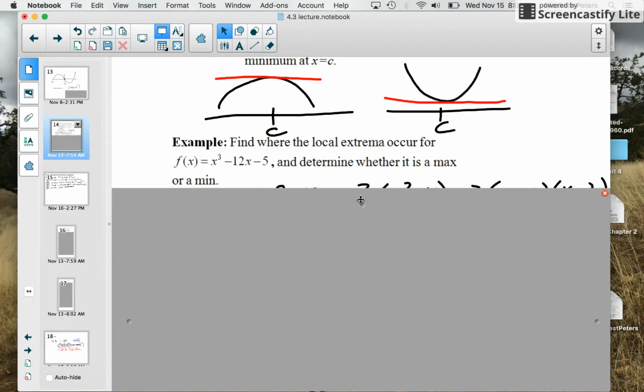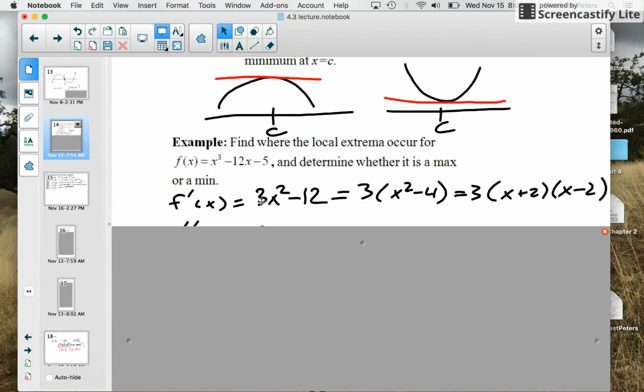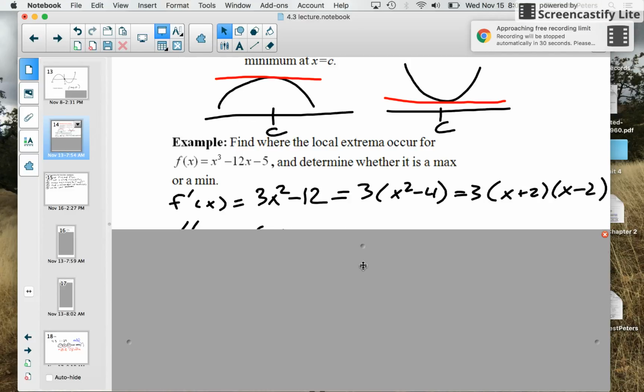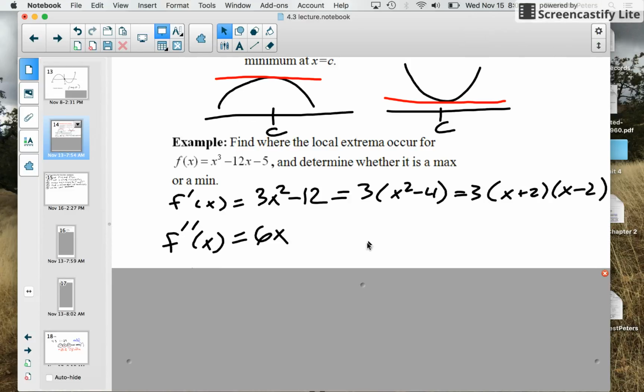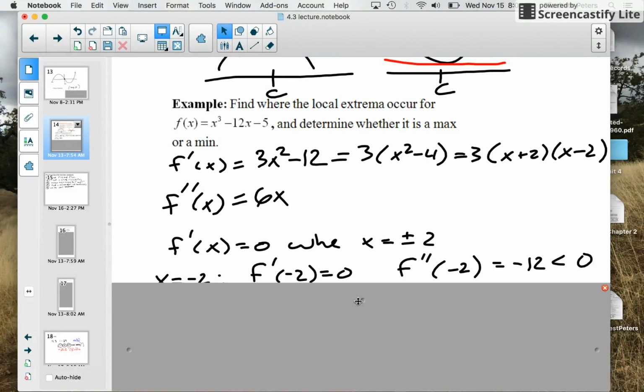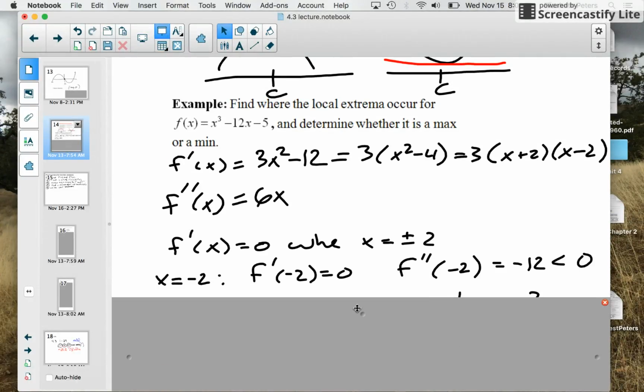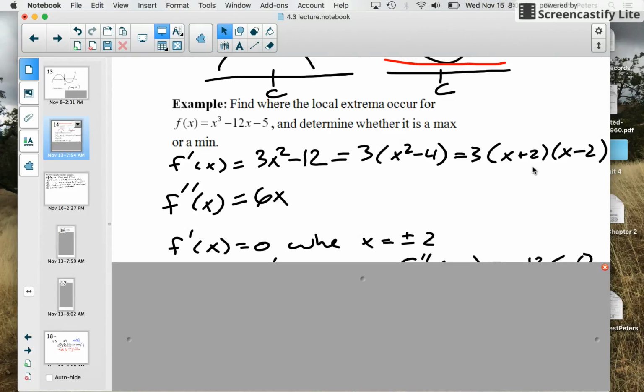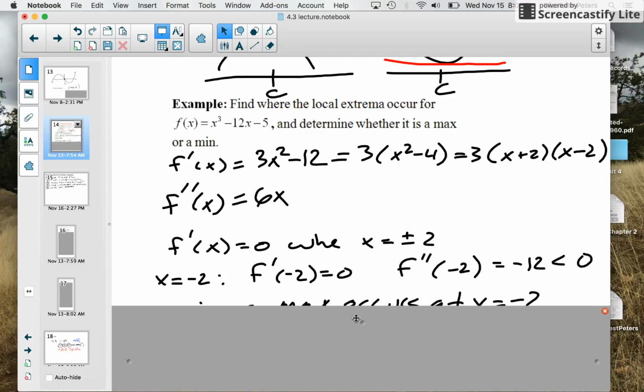And first thing we want to do is find the derivative. So first derivative is here. We factor it. Okay. Second derivative is 6x. And now we want to find out where each of these are 0. So f prime of x equals 0 when x is positive 2 or negative 2. So that tells us at negative 2, let's see, the second derivative at negative 2 is negative 12. We plug in negative 2 here, we get negative 12. So therefore,